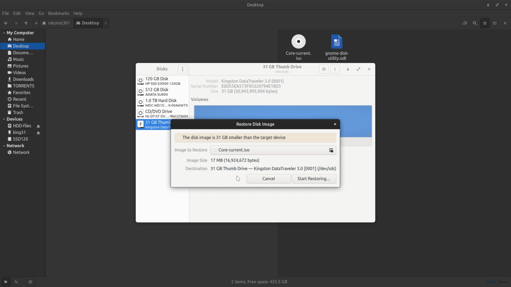You want to make sure you're using your thumb drive, that the destination is correct, because otherwise you can affect your other partitions and you could lose everything. So be very aware when you do this, and don't be in a hurry, but read everything to make sure you've got it correct. Now I'm going to click Start Restoring,